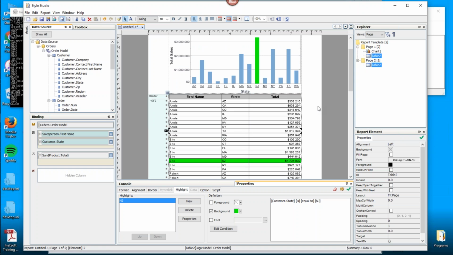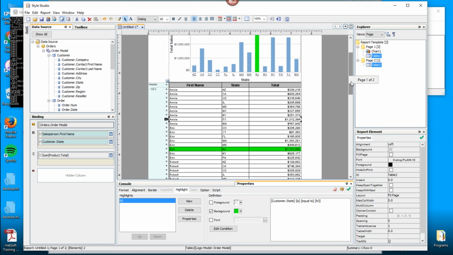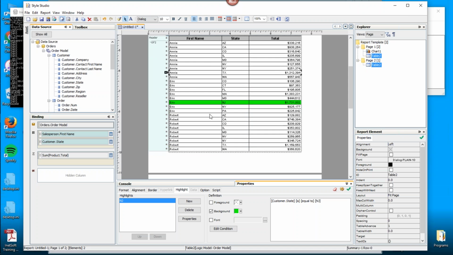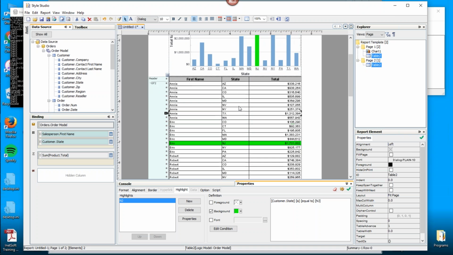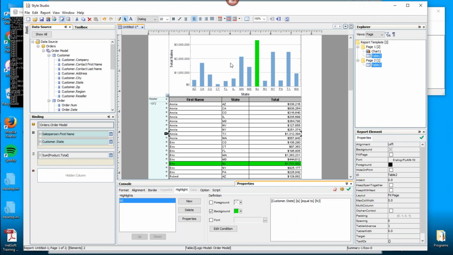Now, the one other thing that we want to do to this report is put a condition on the report, both on the chart and on the table. And the condition is going to be that we want to see only data from a particular salesperson. So let's do the table first, because it's more obvious in the table whether we get it right or wrong. In the chart, we can apply the condition, but the chart doesn't explicitly break it out by salesperson, so it's better to test this out on the table.